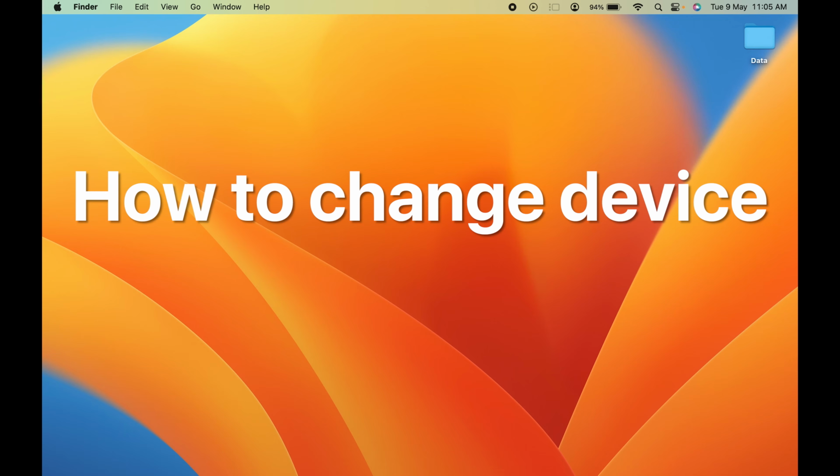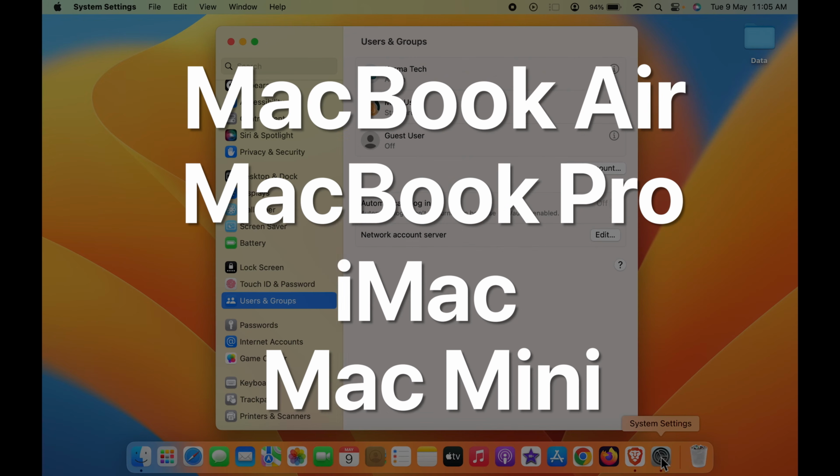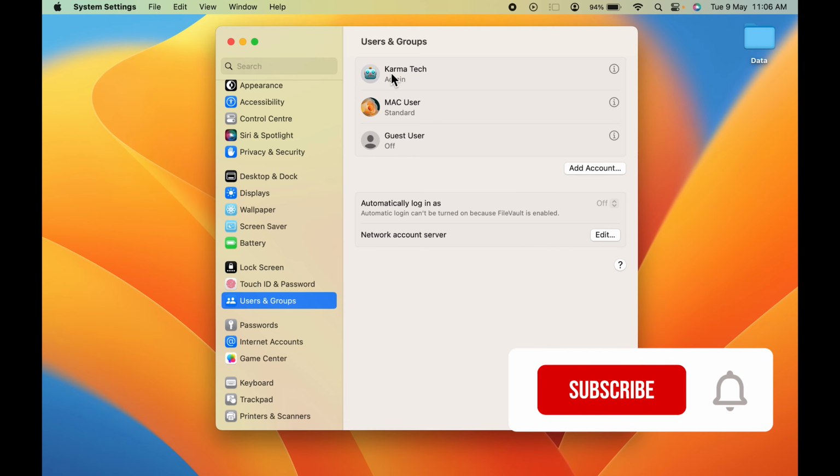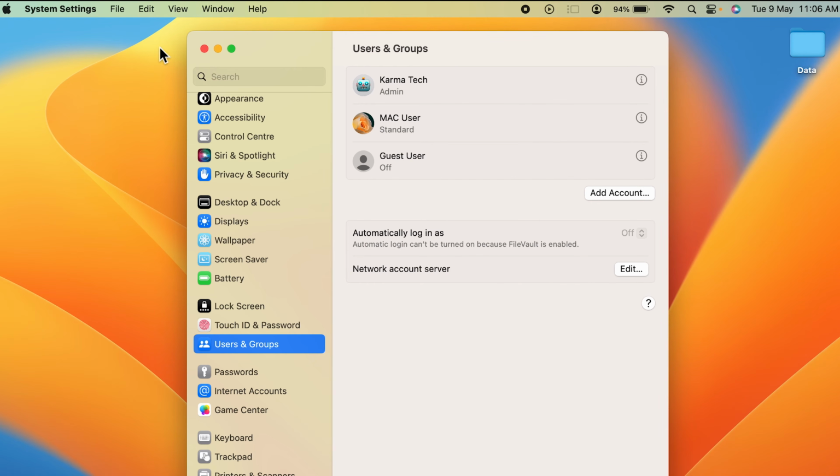How to change device name in Mac. If you're using MacBook Air, MacBook Pro or iMac, the steps are going to be the same. Now currently you can see the name of this particular Mac is karmatech, and if I want to change this